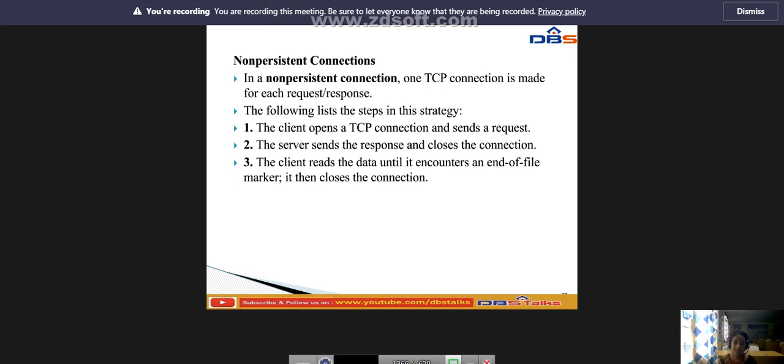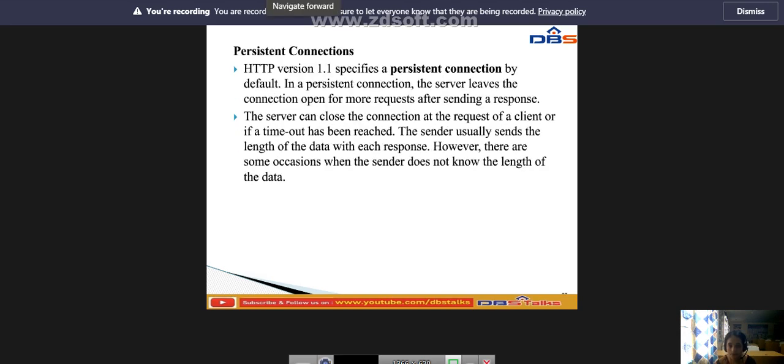The server sends the response and closes the connection. The client reads the data until it encounters an end-of-file marker. It then closes the connection. So this is called the non-persistent connection.